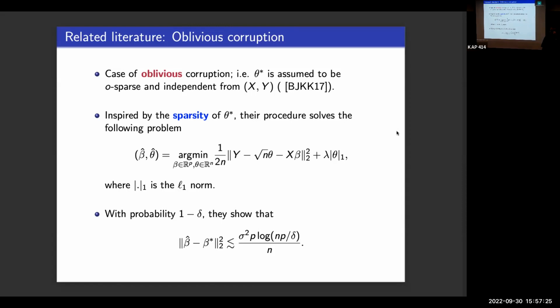You're saying because theta is sparse, penalizing according to the L1 norm of theta is a natural thing to do. Yeah, that's usually what we do in high dimensional regression. But for people who are not familiar with this, what's more natural is to penalize with the L0 norm. So you're trying to come up with something that would minimize this thing, returning an estimator that would have the smallest number of coordinates, right?